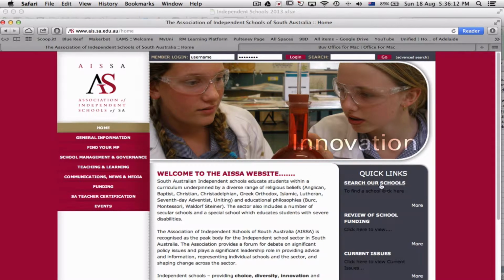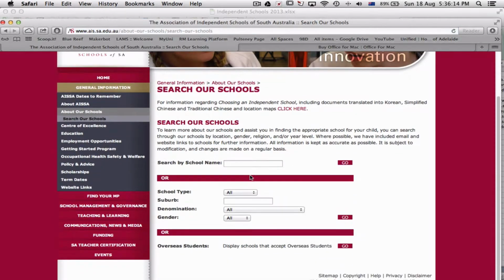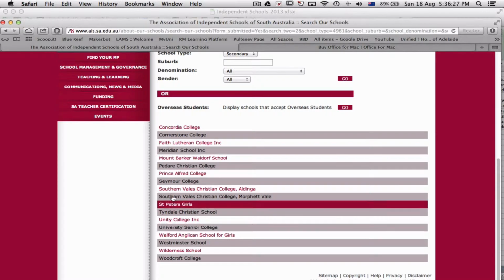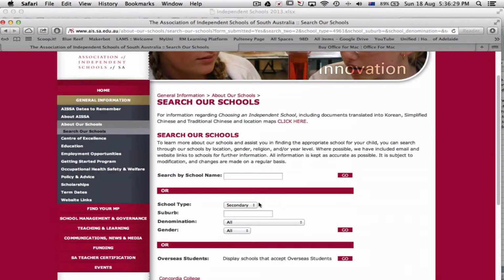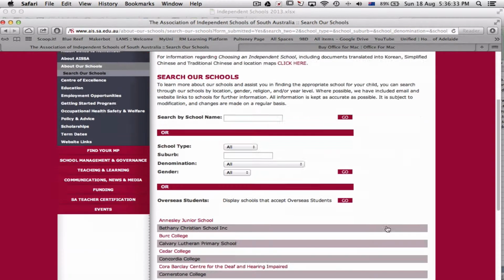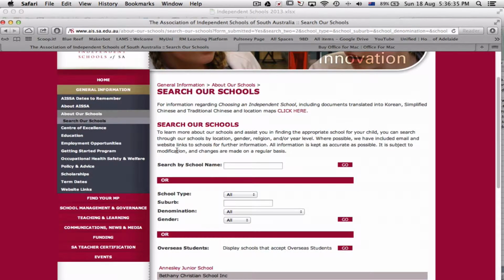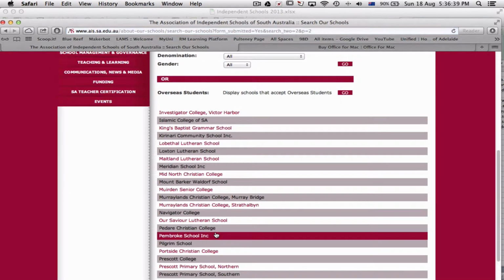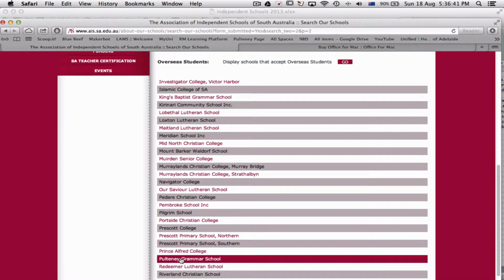If I go down here, search our schools, click on here, and I can go through and search schools by name. I selected secondary schools, and went go, and it brought up all the different schools that are there. Now these are ones that are just secondary, so notice that Pulteney's not there. If you really want to do this, you might go through all of them and so on, and get all the data from all different schools. Now once I've done that, I've then gone and grabbed the data from, for example, Pulteney